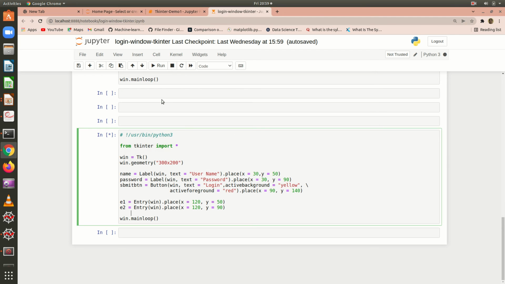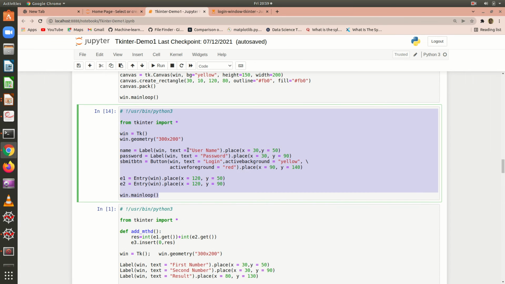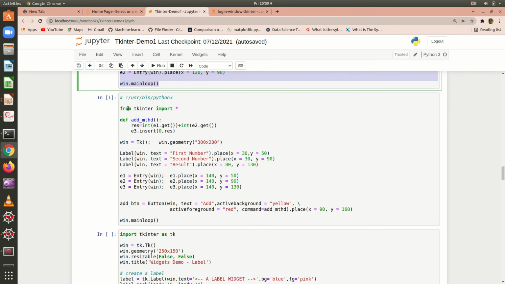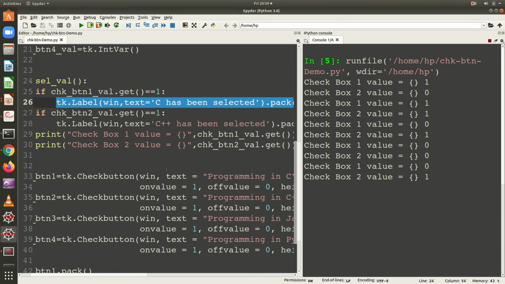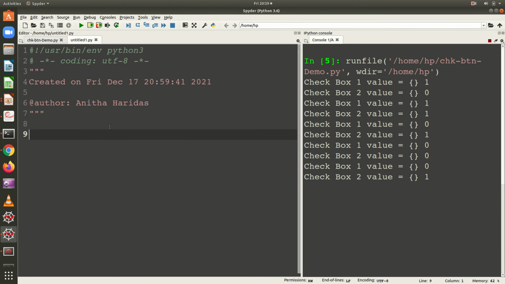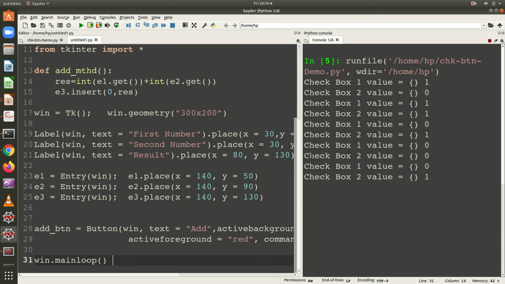So this is what we are going to do. Let us go back to our Jupyter notebook. Okay, so this is the program. Let me copy this program. I will show you how it can be run in Spyder. I am going to copy it here.